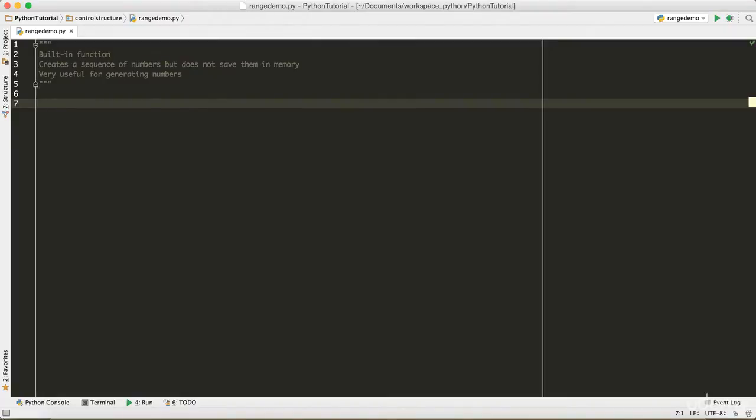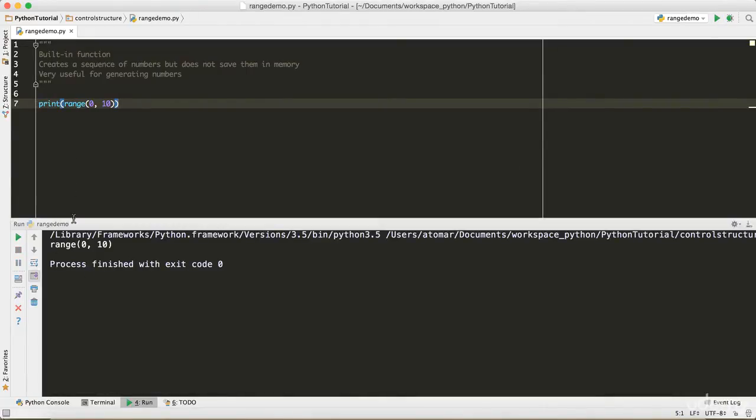So if I just print range, it takes two parameters. First of all, it takes more than two, but let's just take a look at two. The first one is the starting point, where we want to start the generation of the numbers, and the second one is the ending point, where we want to end it. And as a common thing, the last one is not inclusive. The number 10, the end number, is exclusive, so it's going to generate the numbers from 0 to 9. So if I run this code right now,